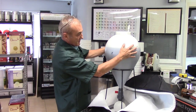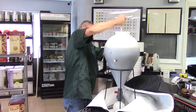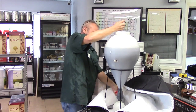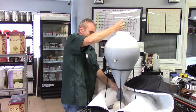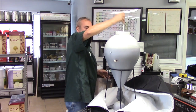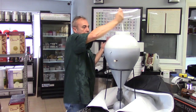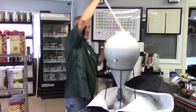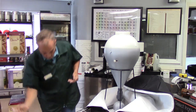So I've got that nice and mixed up. Let's open up the ball valve. Let it gurgle, because it does need a little bit of air, part of aeration. All right, the last thing that we're going to add to this